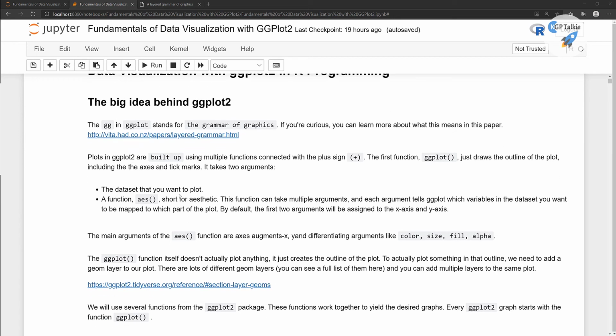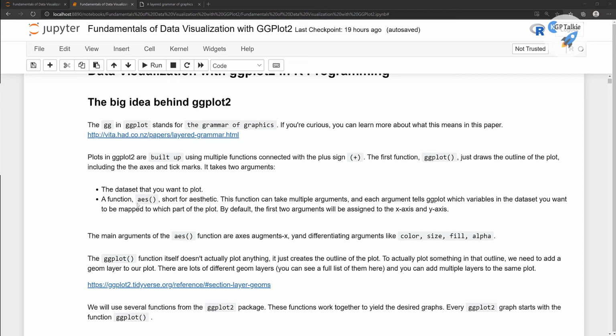ggplot takes the data itself as the argument. Thereafter it takes the aesthetic function. These aesthetic functions are used to set the color, size, and fill of a particular shape, and the alpha means how much transparency you want to put for that particular shape.